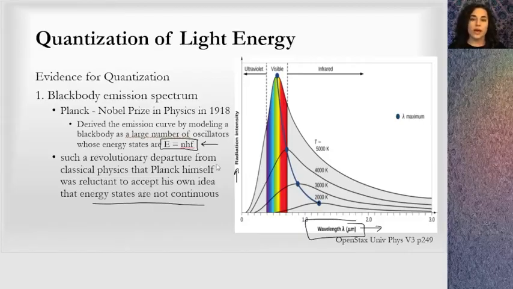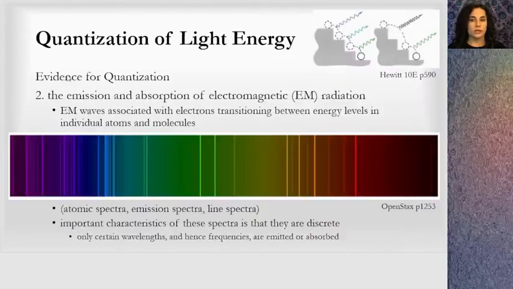But when we look at black body emission and this radiation, it's not continuous. There's only quantized values allowed. And so we have this quantization of light. Further evidence of this was presented by the emission and absorption spectra